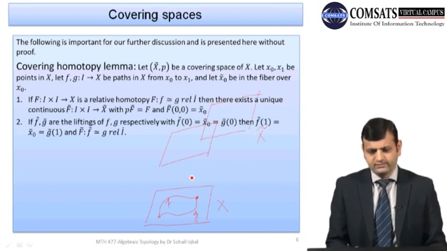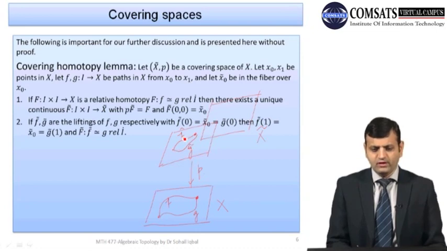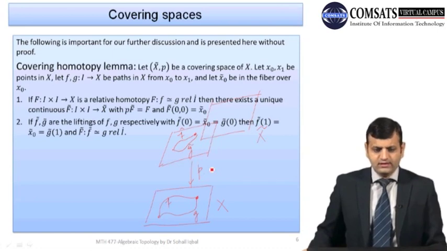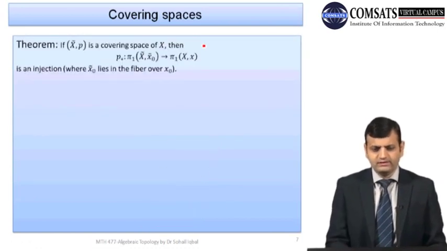if X tilde is the covering space with the projection P, and there are two paths F and G, then we can lift them to paths F tilde and G tilde, and the covering homotopy lemma says that these two lifts will also be homotopic to each other. Okay, and then we had this theorem which says that if we have a covering space of X, then this